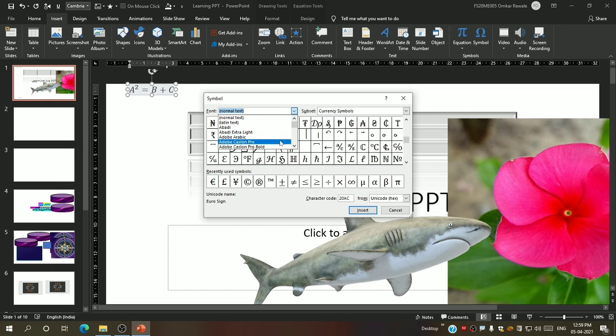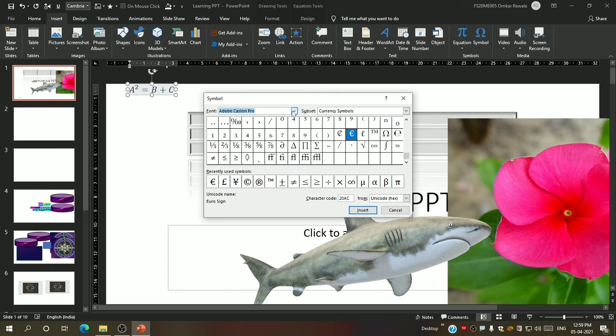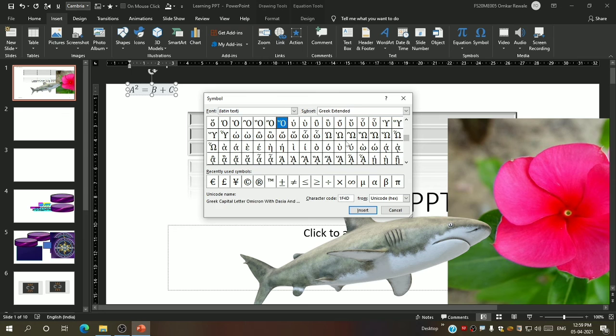Font. As I change the font, the symbol also changes. When you practice this, please do check it if you want. Then you can insert this. For example, I have clicked this, so I will insert this. You can insert a symbol. You can see over here the symbol is inserting. Okay.